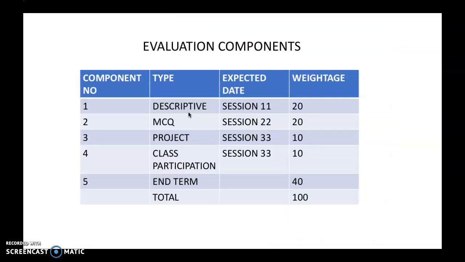The evaluation component remains similar to what you may have already been through in your previous semesters. It's going to be a mix of MCQ, descriptive questions, and a project based on the subject, class participation, all adding up to 60 marks, and the end term for 40, totally adding up